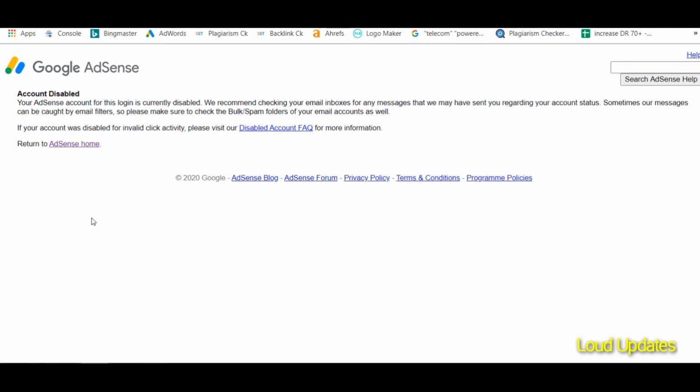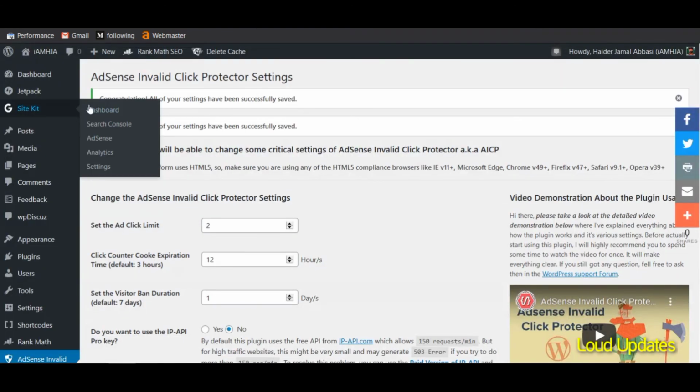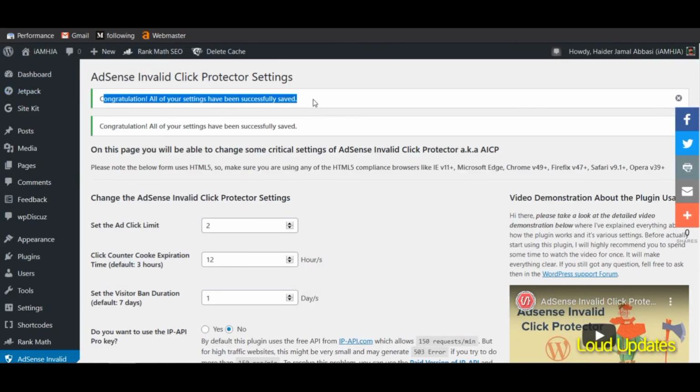Maybe you ask your friends and relatives to visit your website, or haters who don't want you to make money click on your website 10 to 20 times. AdSense does not understand who is clicking. Maybe they think you are clicking and asking for invalid clicks, and then AdSense will block your account.